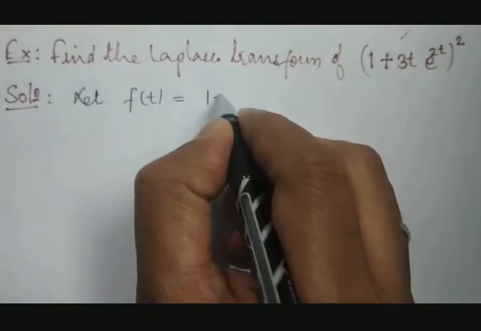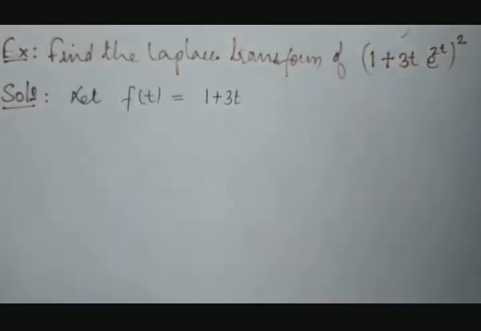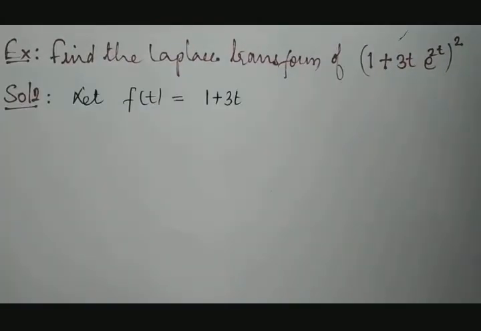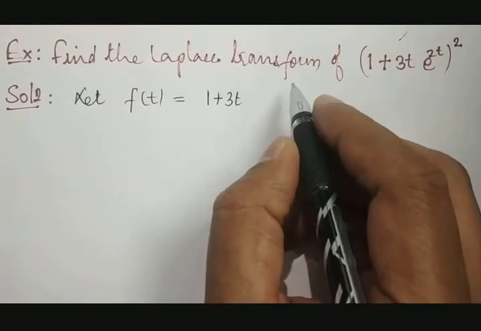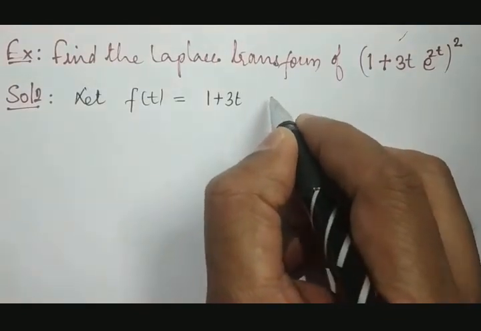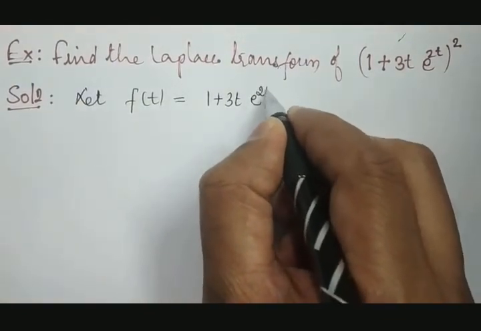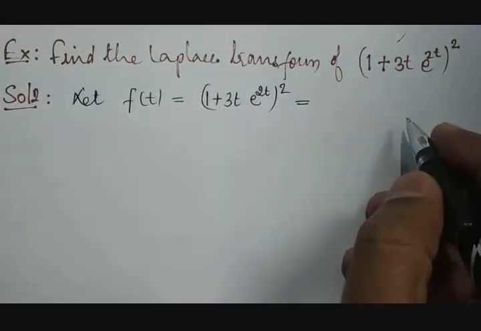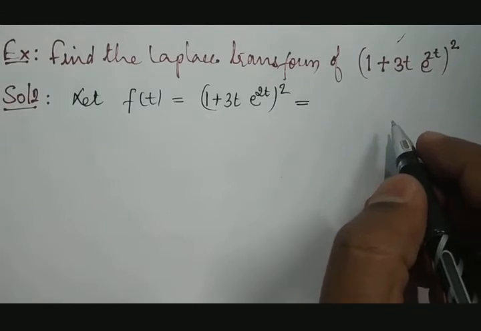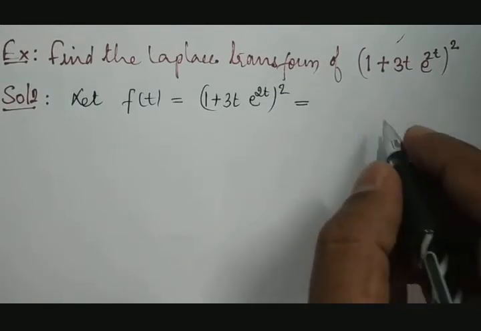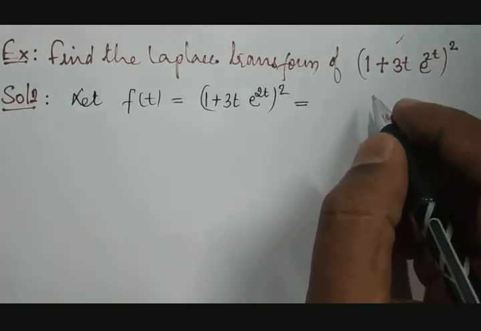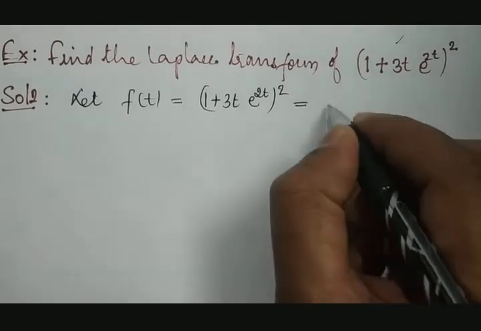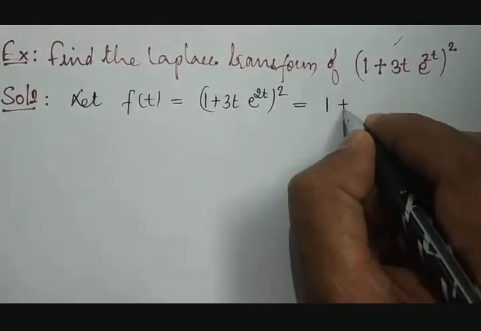What is that? 1 plus 3t into e raised to 2t the whole square. It is like (a plus b) whole square. If it is like (a plus b) whole square, then what is its expansion? Its expansion is a square plus b square plus 2ab. Therefore it is 1 plus